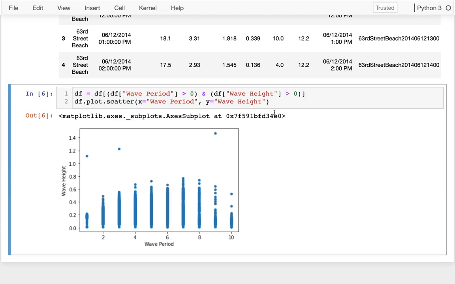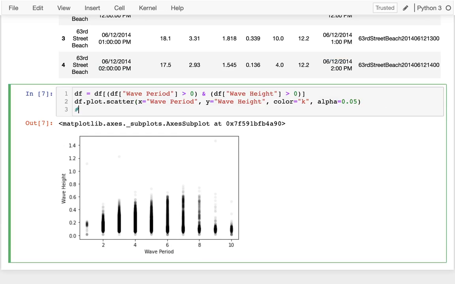Okay. Now when I'm doing this kind of scatter plot, there's a lot of points on top of each other. A perfect opportunity to set an alpha, transparency. Maybe what I'll do is set the color to be black and the alpha be, I don't know, 0.05. I can actually see something there. And so at this point, I'm going to make an observation. And my observation